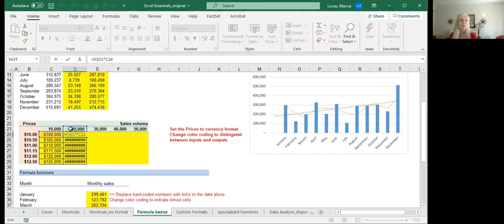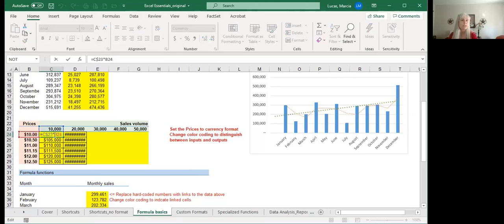Now it's looking at a different quantity, but I didn't anchor my price over here. So instead of multiplying times price in column B, it's multiplying times sales. And then it would keep doing that as I copied across. All right, that's not going to work. Go back, go over one. I need to anchor